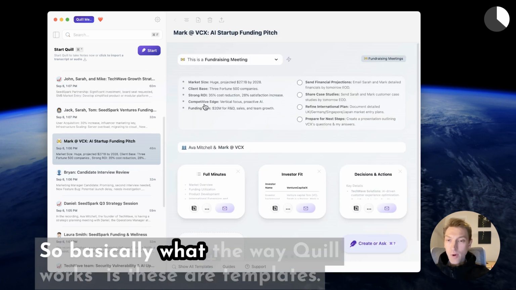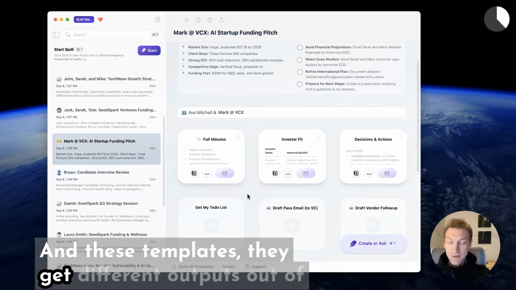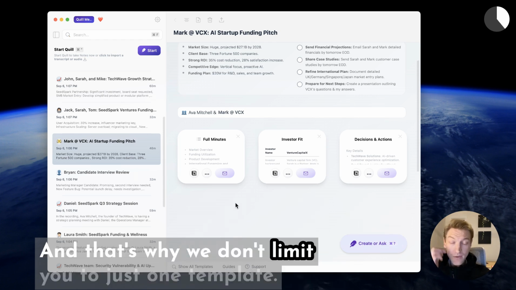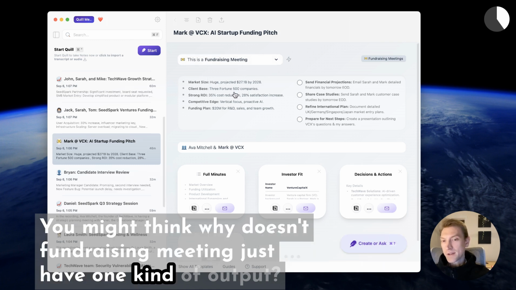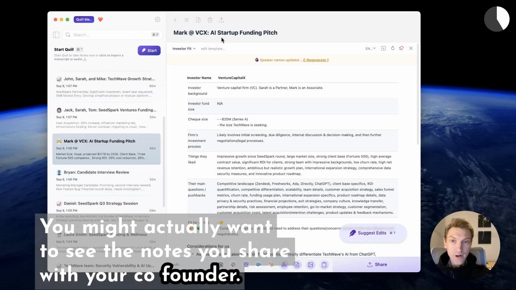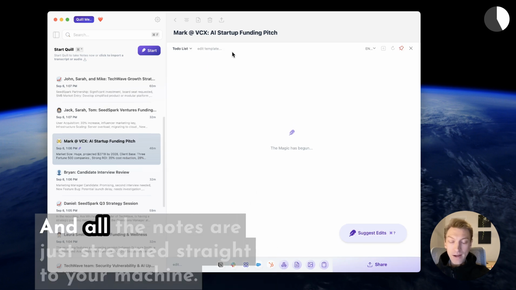So basically the way Quill works is these are templates, and these templates get different outputs out of meetings. And you might want multiple ones for each meeting, and that's why we don't limit you to just one template. You might think, why doesn't a fundraising meeting just have one kind of output? But you might actually want to see the notes you share with your co-founder. You might also just want a to-do list for yourself, super quick,